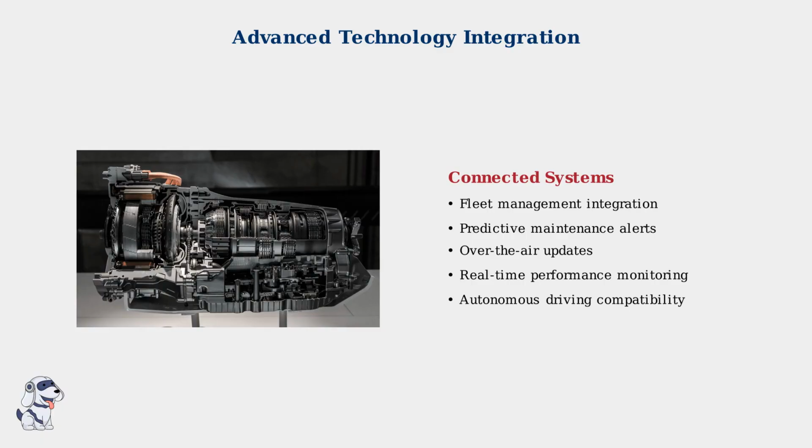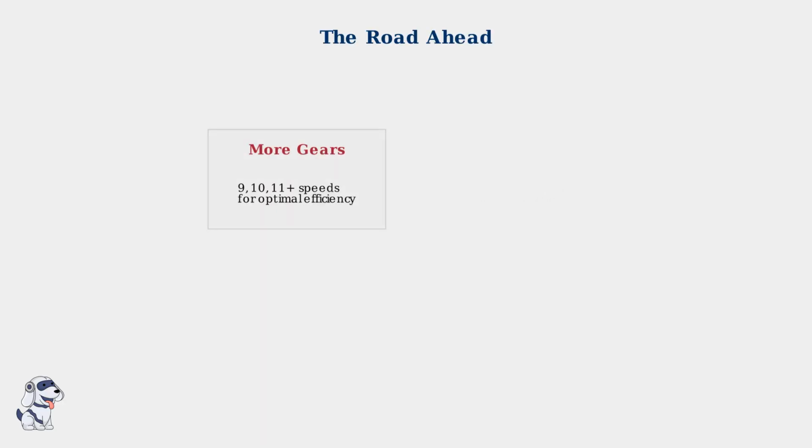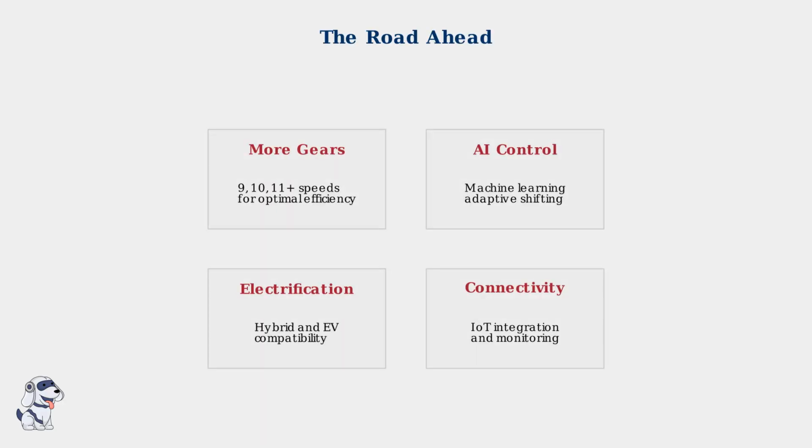This complexity requires advanced control systems and connectivity. The future transmission landscape will be defined by intelligent adaptation and seamless integration. These trends will transform Ram trucks and the entire automotive industry. More gears will optimize efficiency, AI will provide intelligent control, electrification will enable new powertrains, and connectivity will revolutionize how